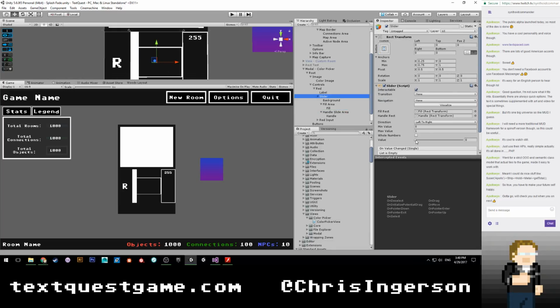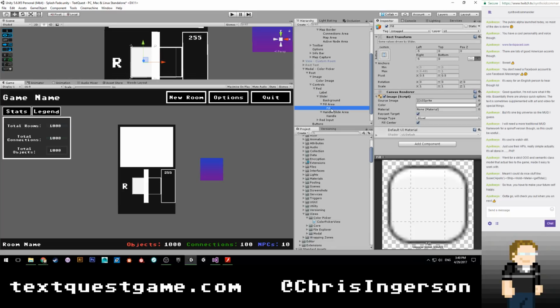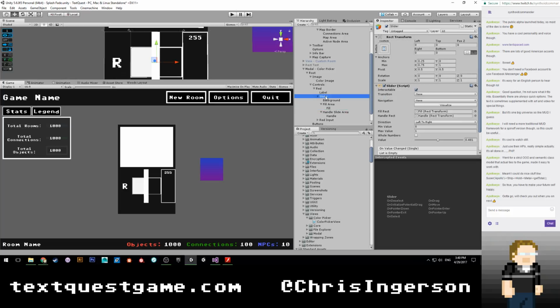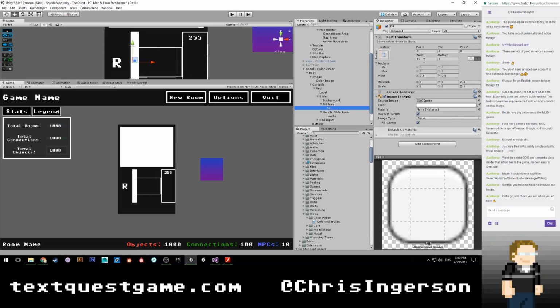So, for example, let's put this at like point whatever. So now our fill rect anchors, okay. Yep. So it's just doing an anchor offset to scale it, basically. Yep. Boo. Okay. Well, that's disappointing. It's expected, but